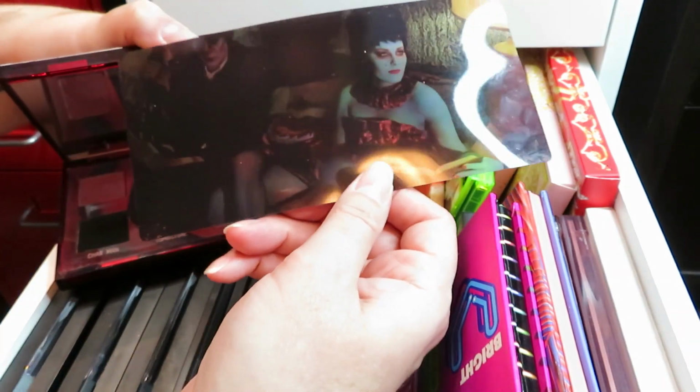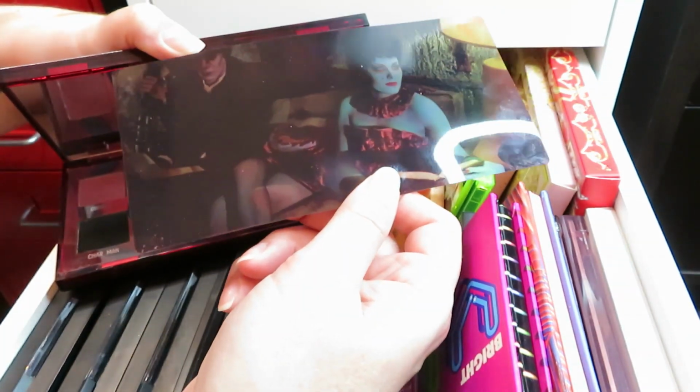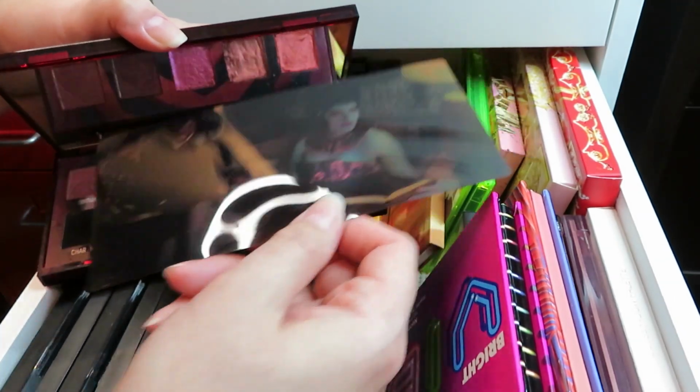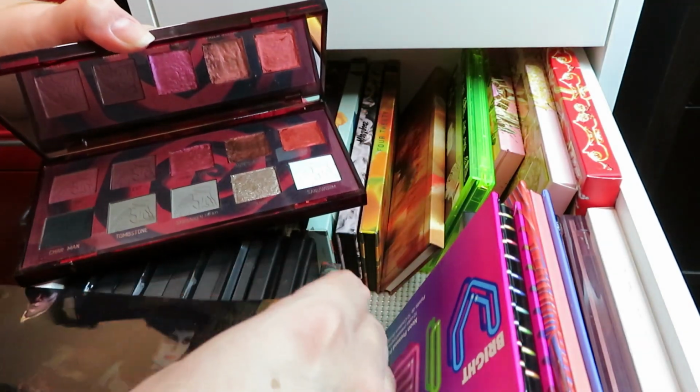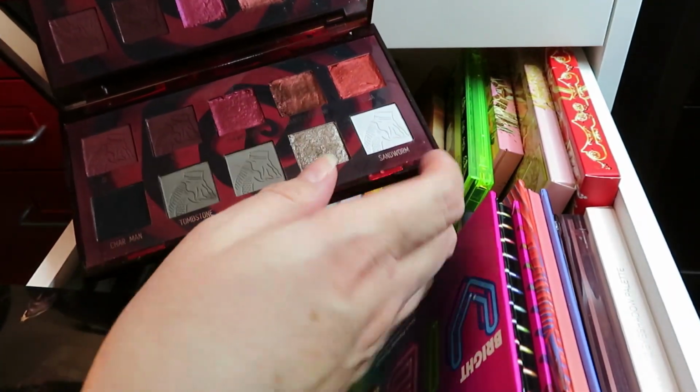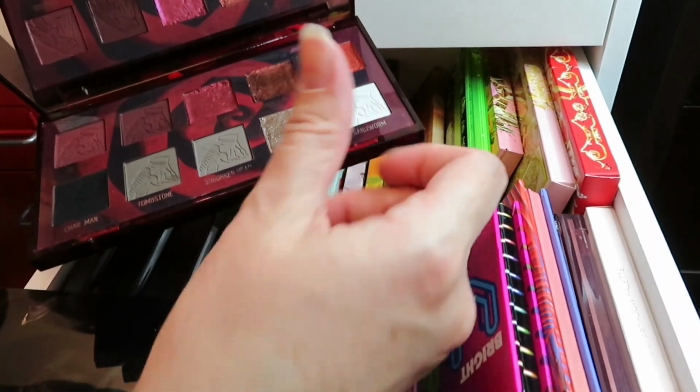I absolutely love this still, and I just think this is so bomb. This guy's contour on here, I love it. Very Halloween, but also very bomb. I love it. So you can see three of these were absolutely just crushed, and there's always like red